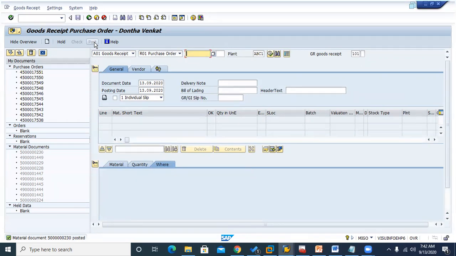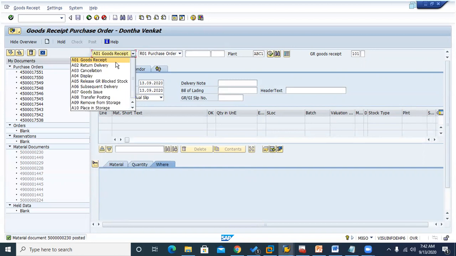To check that background FI document, the concept is actually related to the FI people, but we have to understand it because it is an integration concept between MM and FI. That is the reason MM module people feel confused about this. Today I'm going to clear up all those confusions. So now let us go and see that FI document.